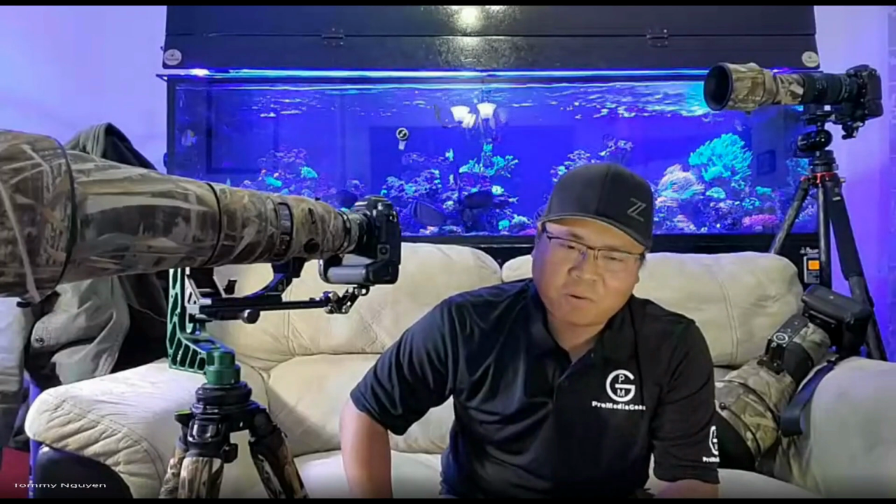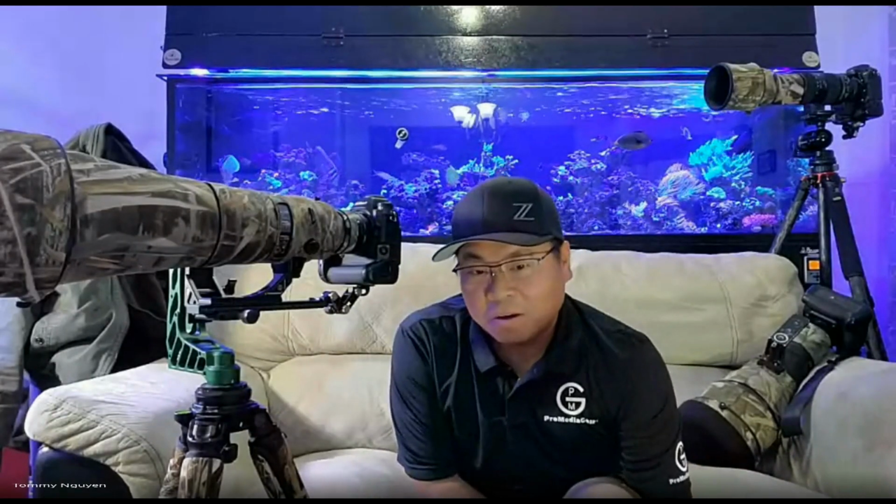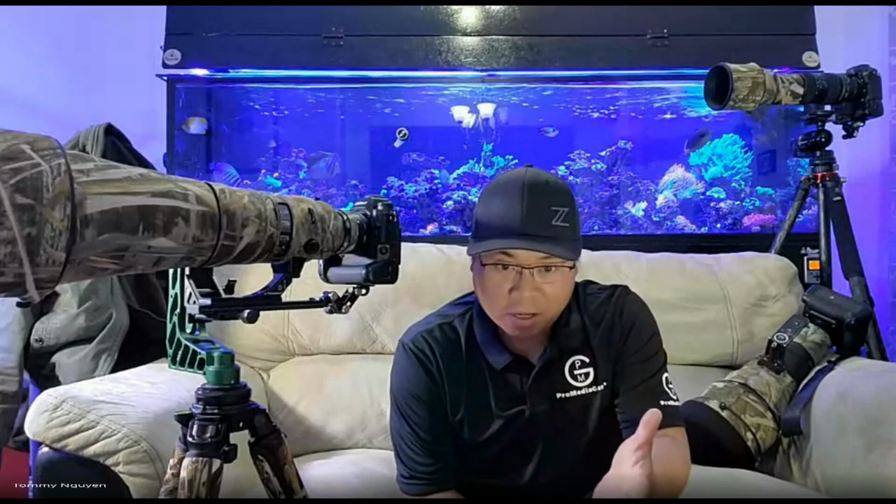My function two is the same thing but small. So initially you hit the back button to focus. Most of the time I do my back button focus just like the old DSLR. But then you let go of that and press another button? That's only if I feel like the subject is low enough for me to just play with the auto focusing wide. Most of the time I still prefer